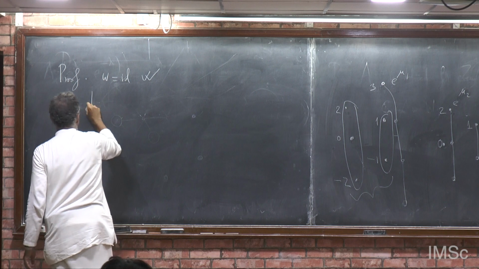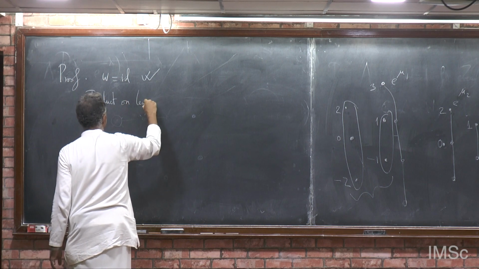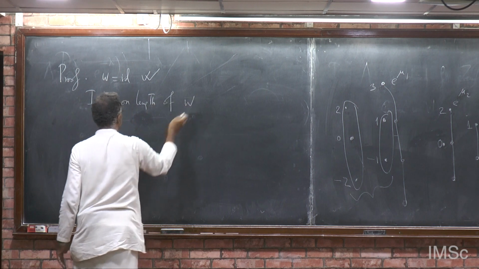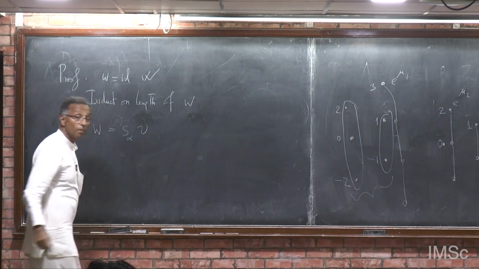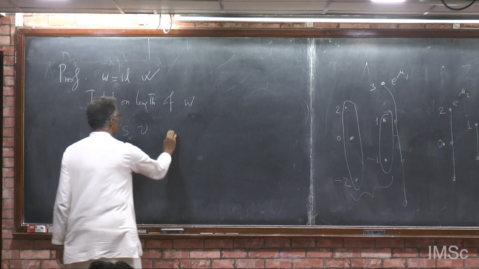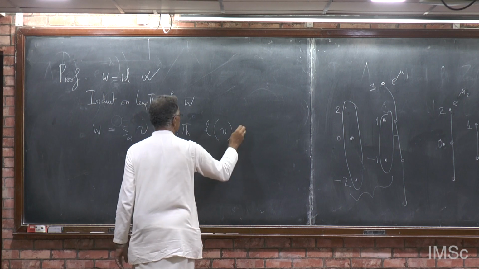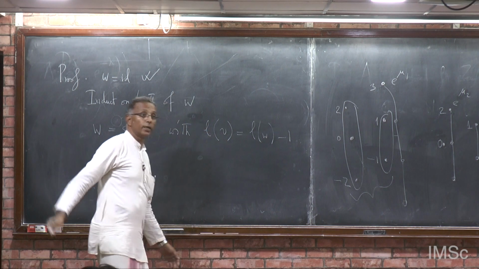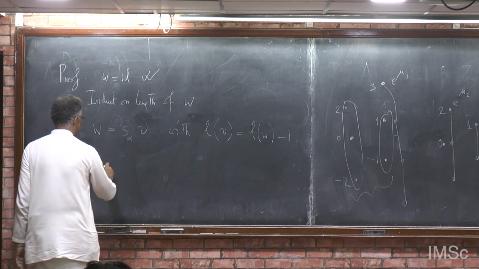So induct on length of W. Write W is equal to S alpha V, say, with length of V equal to length of W minus 1, standard. And by induction, you know that